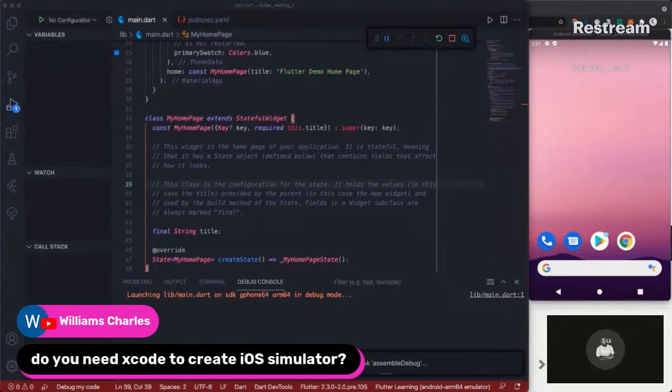Someone is also asking, do you need Xcode to create an iOS simulator? Yes, you will not be able to create an iOS simulator unless you are on a Mac, or you are using an online service to build your app, like Code Magic, for example. You can use an online build